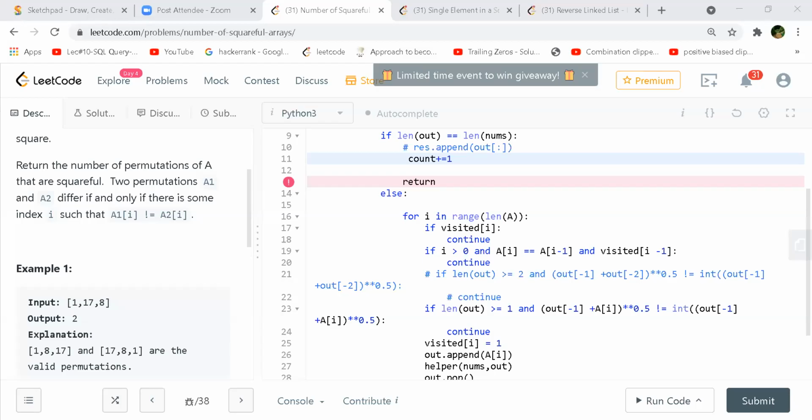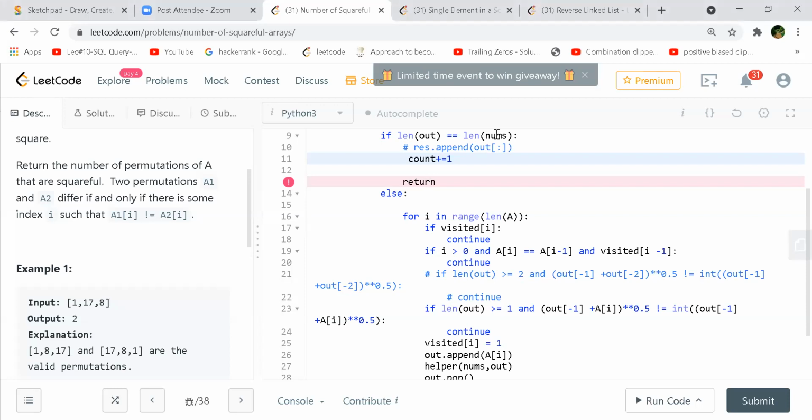In the solution explanation, they are saying it's n raised to n and not n factorial. So n raised to n is almost n factorial, right? Yeah. N raised to n and n factorial are the same. N factorial is what?